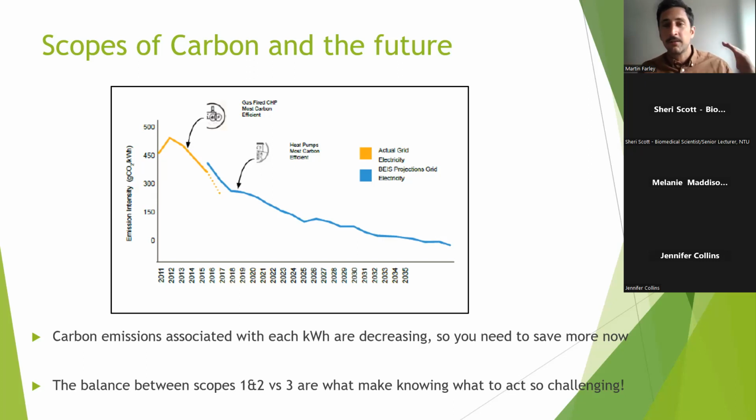So your cost of electricity is going up, but the amount of carbon with it is going down. And that's why, for new lab spaces, there's a push to electrify things, because it's based on the assumption that over time we'll continue to decarbonize our electricity production. So moving over to electricity and away from gas is one of the aims of this. Now that's for scopes 1 and 2.